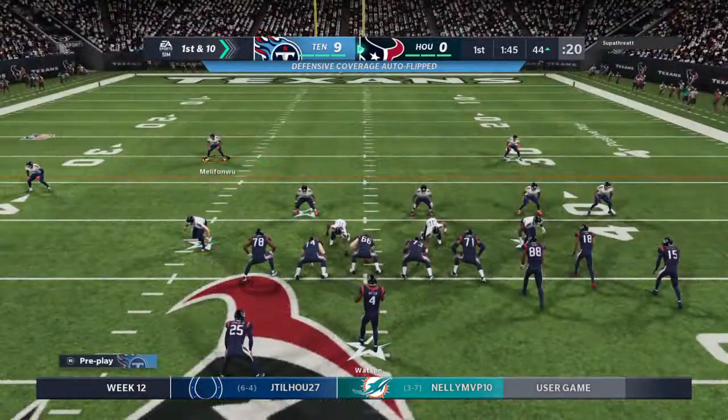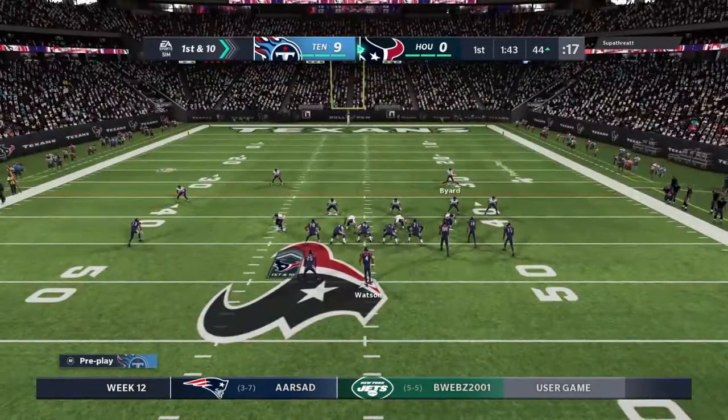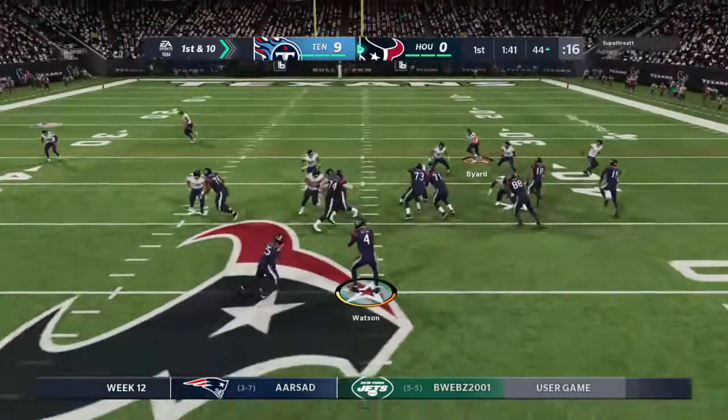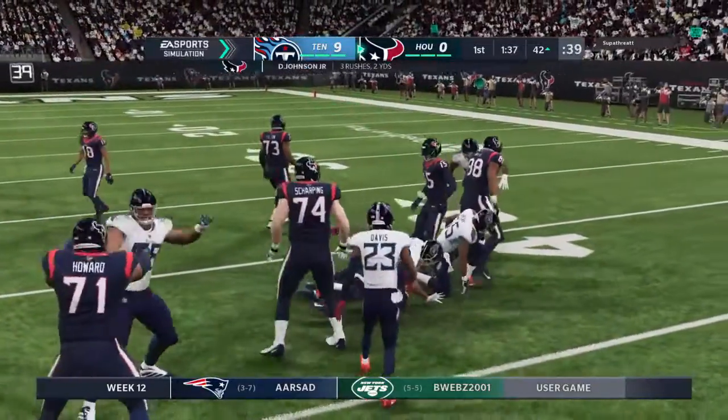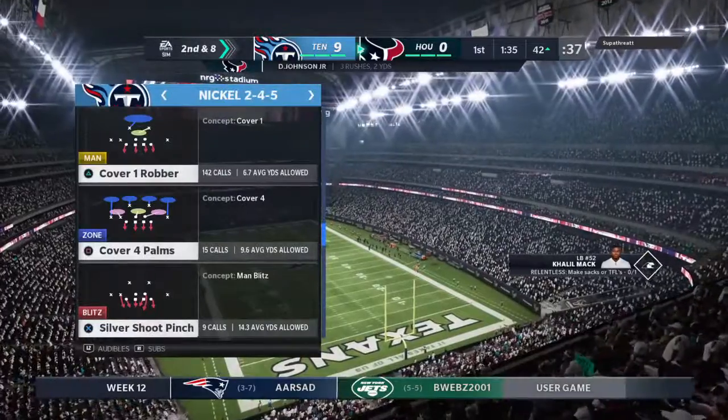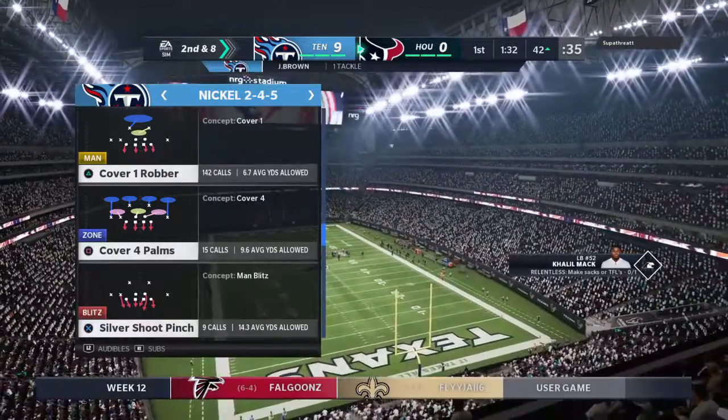So operating from Tennessee territory now. Here's 1st and 10 at the 44-yard line. From the gun, a run for Johnson. And he'll be brought down at about the 42. Bringing him down defensively, Jayon Brown. He's brought down at the...